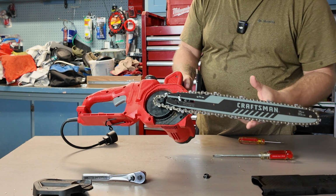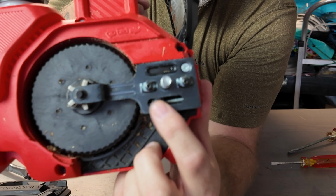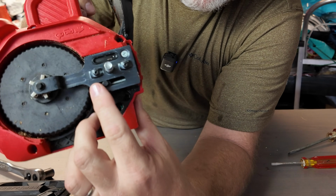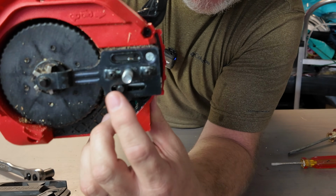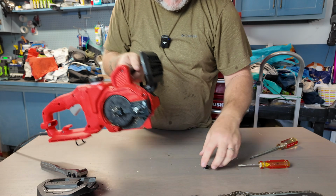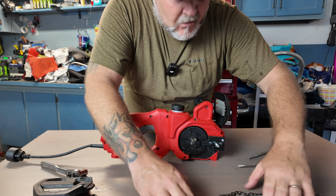in the back here, this part right here, when you're going tighter or looser in the front here on that screw, that is making this tighter or looser, which is putting tension on the chain. So that's what we're looking at here. So having this all together,